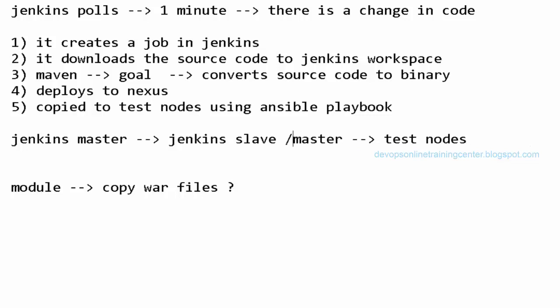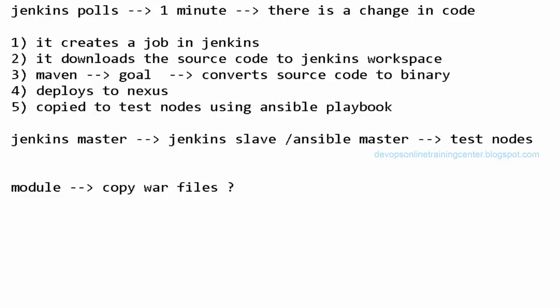Santosh, after the Maven build, the WAR files are going to be copied to the Nexus repository, right? Yes. After the Maven build, it will be deployed to the Nexus repository. Right.